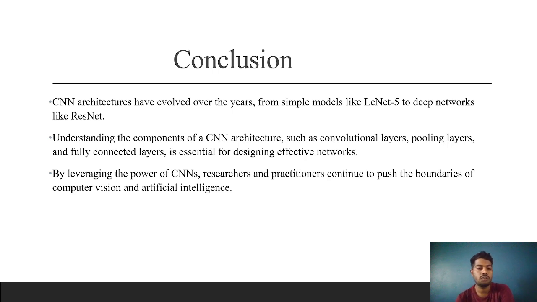Coming to the conclusion, CNN architectures have evolved over the years from simple models like LeNet-5 to deep networks like ResNet. Understanding the components of a CNN architecture, such as convolutional layers, pooling layers, and fully connected layers, is essential for designing effective networks. By leveraging the power of CNNs, researchers and practitioners continue to push the boundaries of computer vision and